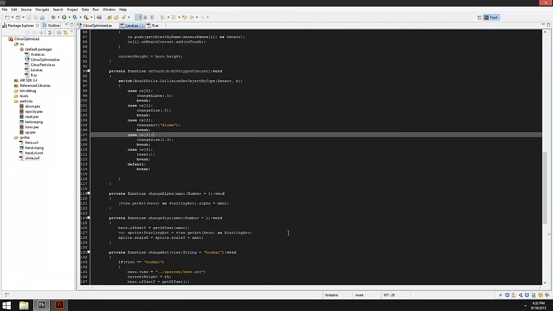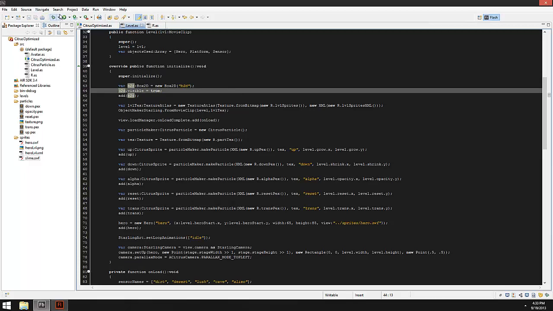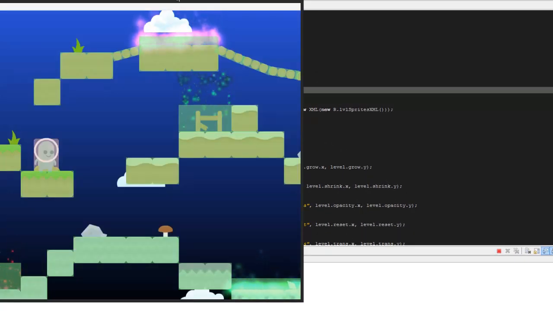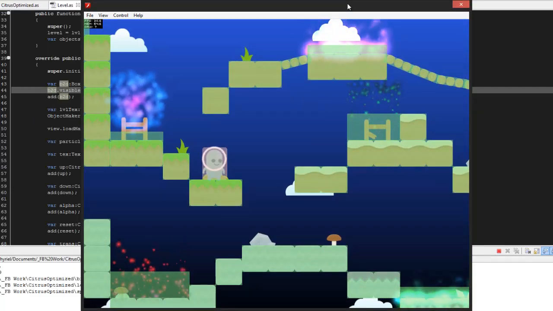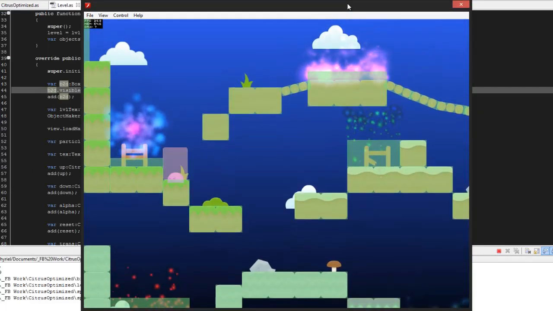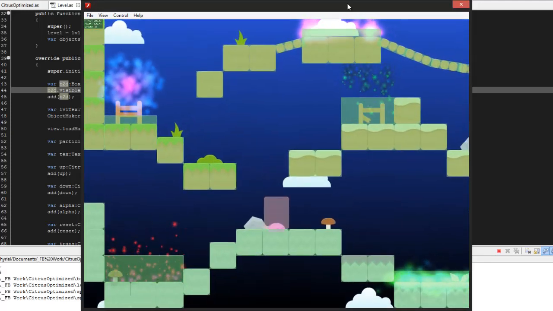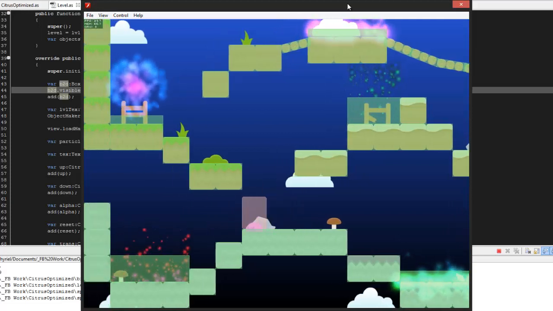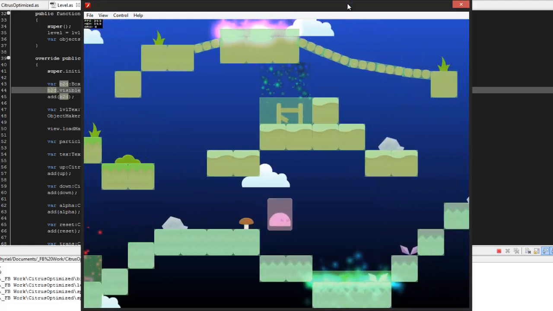Now, real quick, one thing, I was talking about the physics object, right? So if I come in here and make the box 2D visible, you'll be able to see the bounding box of everything. Okay, so you can see the sensors, you can see the bounding box, everything. Okay, so when I jump up here and become a slime, see how the box is the same, right? If I jump up here and I become big slime, once again the box doesn't change,